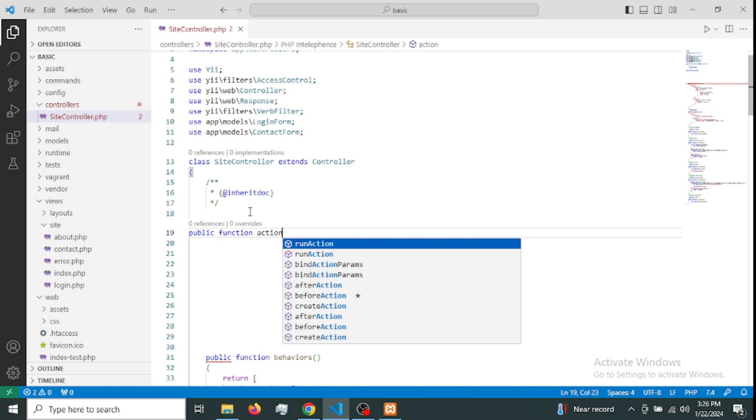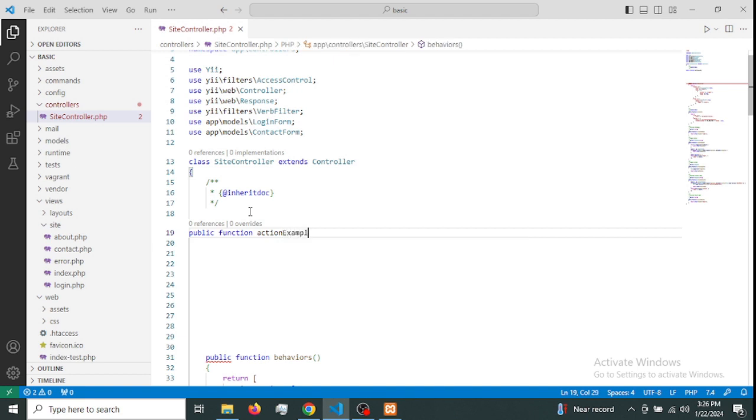Suppose I want to display a message, so I will write example. This is the name of my action and the message parameter. Write here the message which we want to display: Welcome to Yii2 tutorials. Okay, then